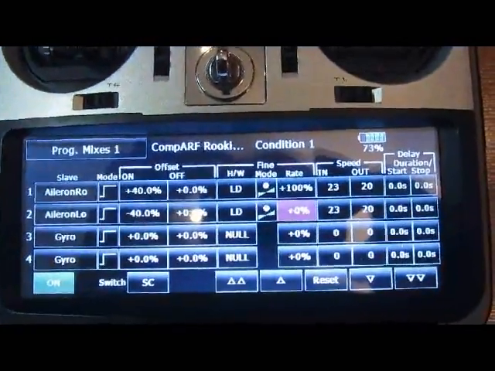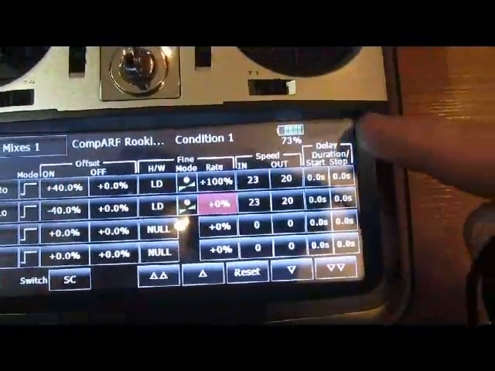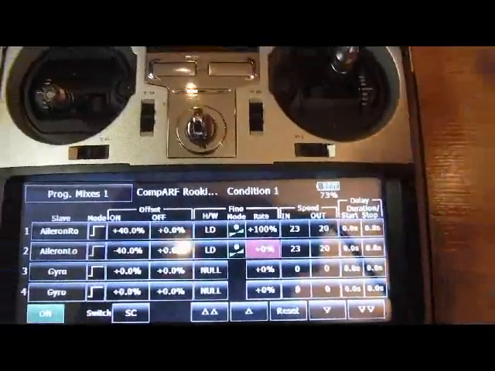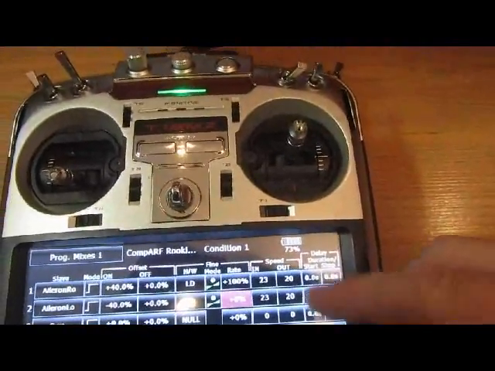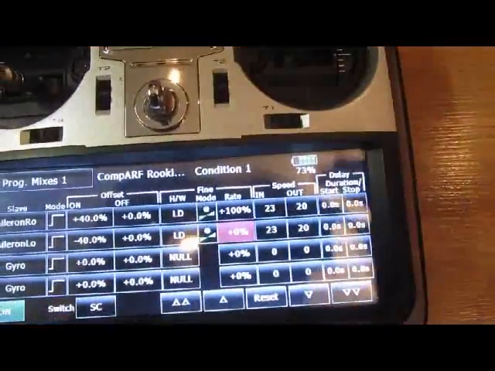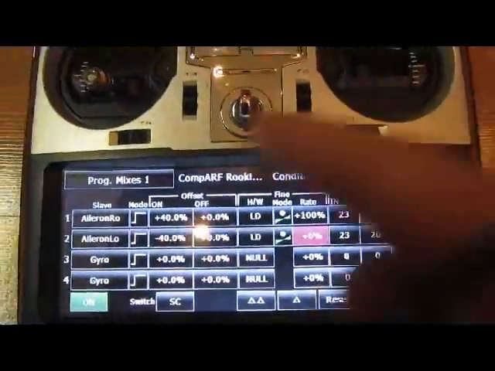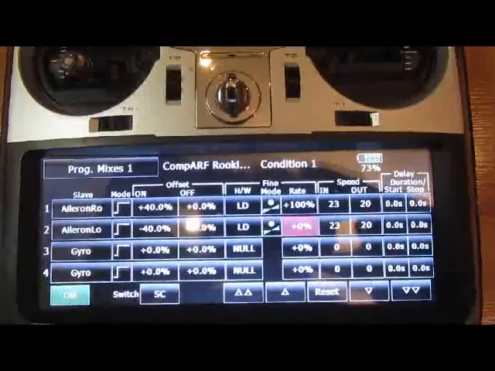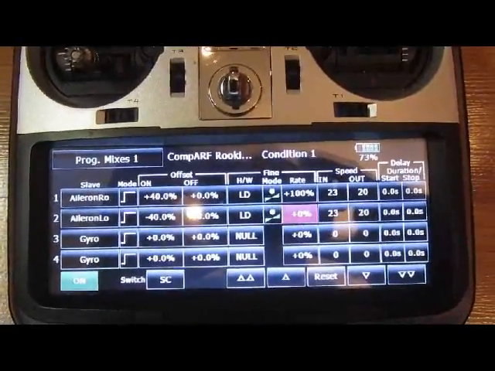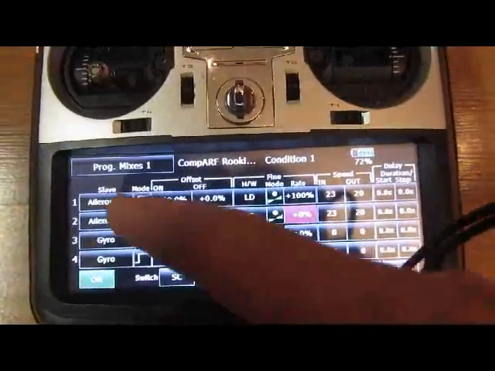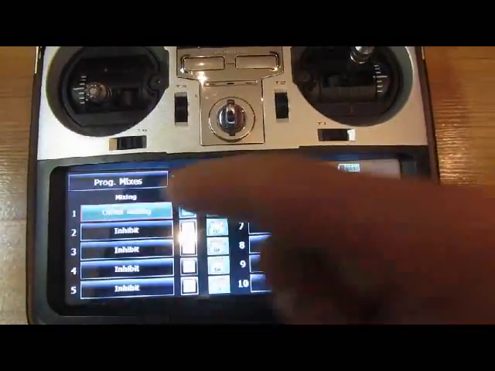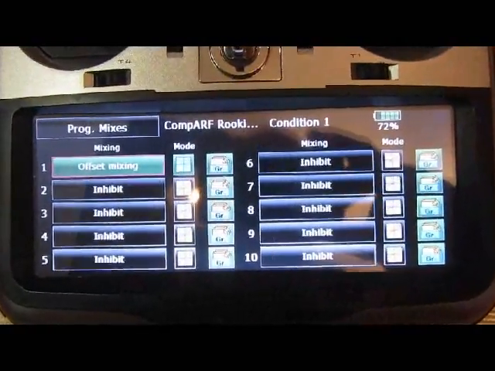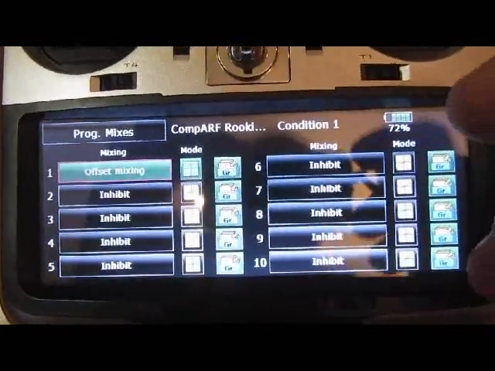I'm sure there's a lot of different ways to do it. The other option too is if you start playing with your delay function over here on your ailerons, you could have it that when you hit the switch, it takes a while to turn on or off. That's not really important for this, but you can use this screen here to do a lot of cool sequencing stuff when you get into gear doors and retracts and stuff with jets and warbirds. Anyways, I love this step function. Just awesome. You can see, I don't know about on the other ones, but the 18 gives you basically 10. You could do 10 step functions, and within each step function,